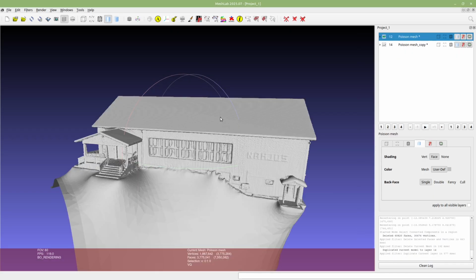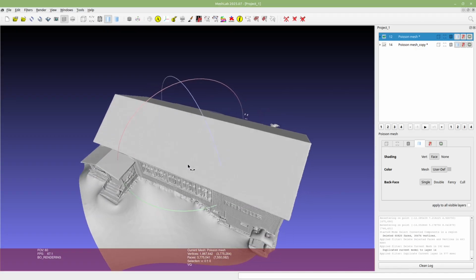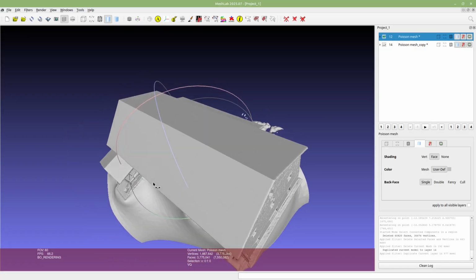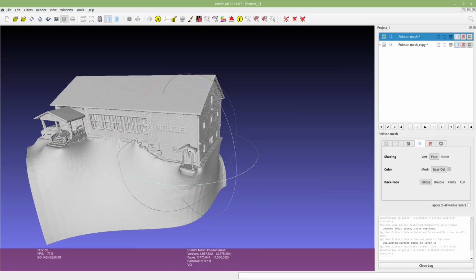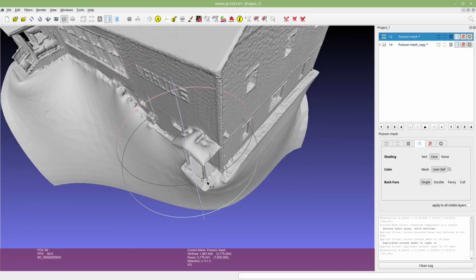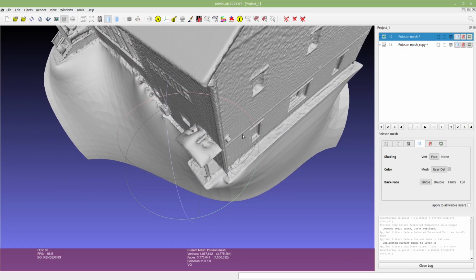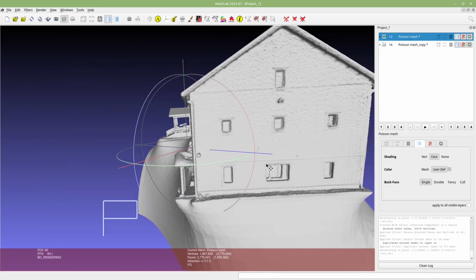Here are the surfaces reconstructed from those points. As you can see, these roofs are now quite flat. But these tiny roofs are not. They are quite blobby, because they didn't have those planes defined.